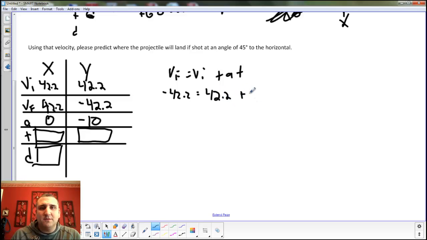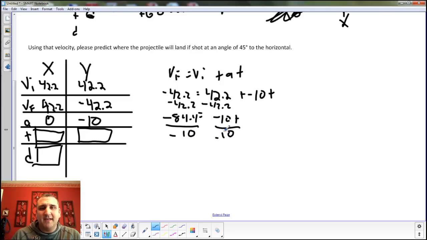And that would actually allow you to subtract 42.2 from both sides. You should end up with a negative 84.4 equals negative 10t. Divide both sides by negative 10, because these are multiplied, so we're going to divide it. You should end up with a time of 8.44 seconds. Now that we have that,